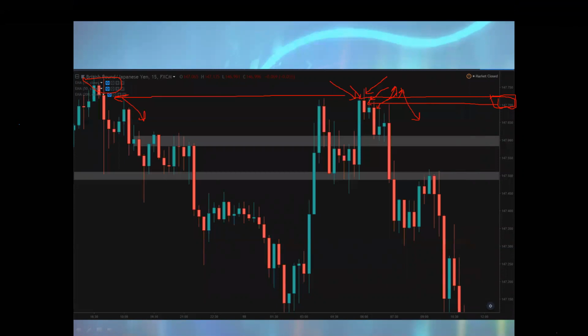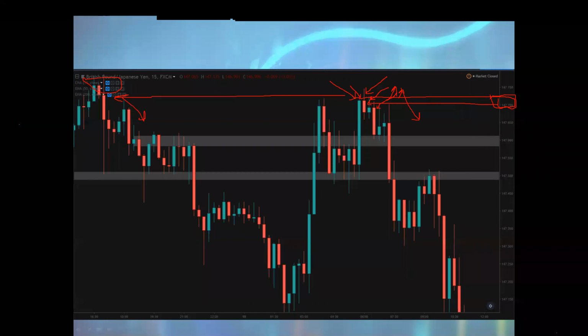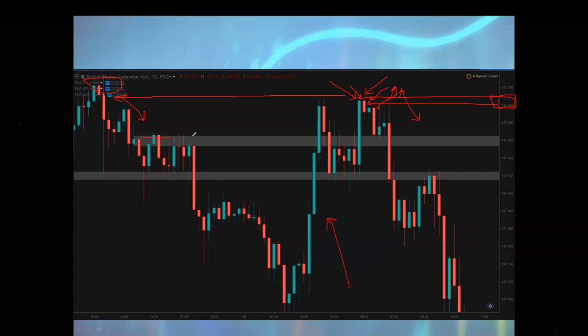This is from Constantine. When price broke two zones in the London session, which zone would you take the trade off? Okay, so I guess you're talking about this big move that happened, right? So now what you've got to see is that you had resistance here, right? So when this candle closed,